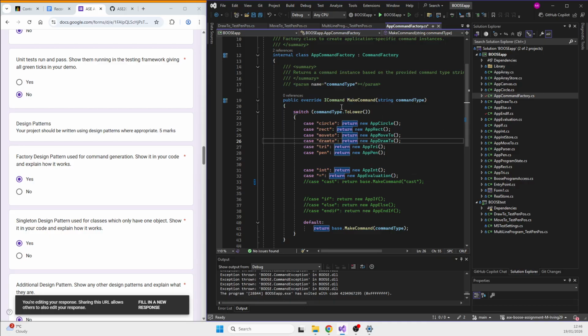All of these I use, as you can see, and they're all relevant to the integer program which I managed to do. But I got very close with the if, the else, and the end if, but I didn't quite manage to get it to work, unfortunately.